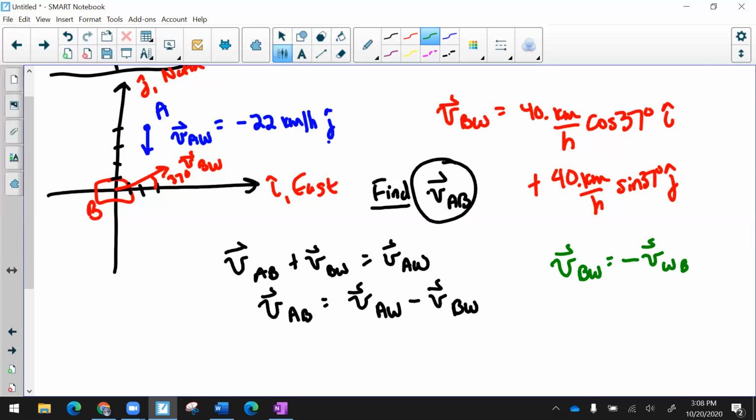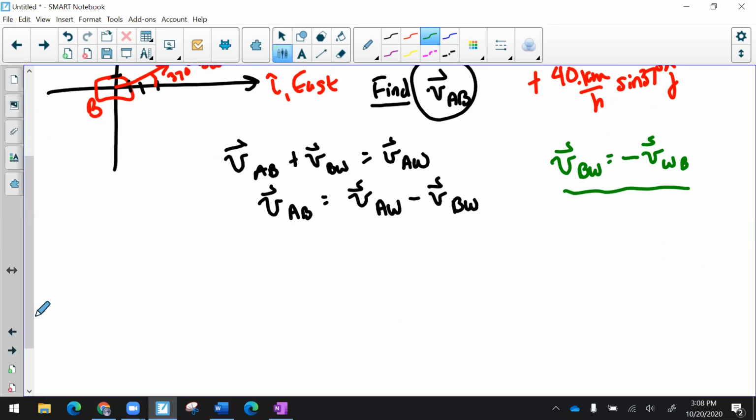And you can do this. There's nothing wrong with that. If it makes it easier when you're solving a problem, that's cool. I'm not going to use it here because I know what VAW and VBW are. So now I can do this by components. I can do it separately. Okay, so I could look at